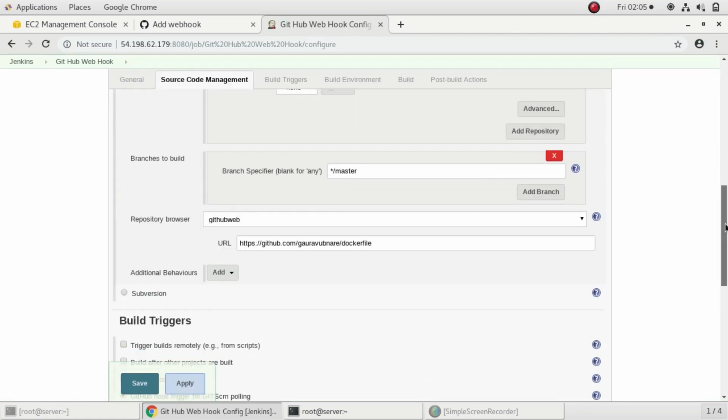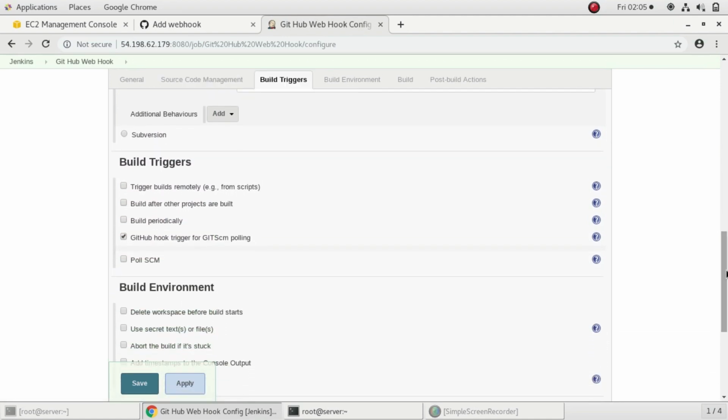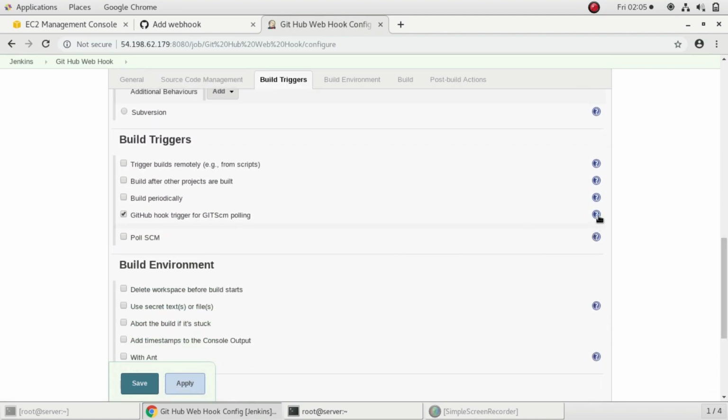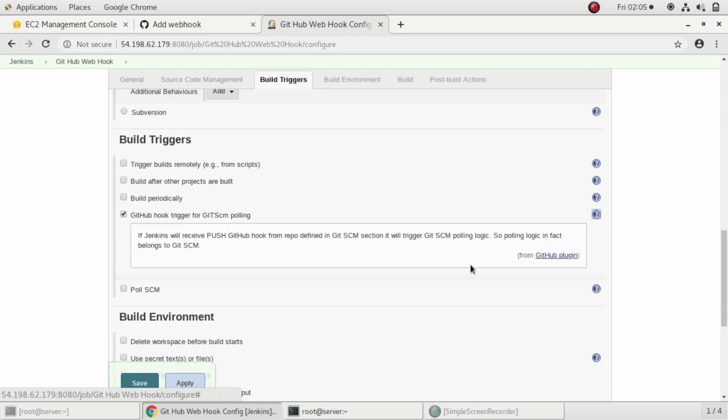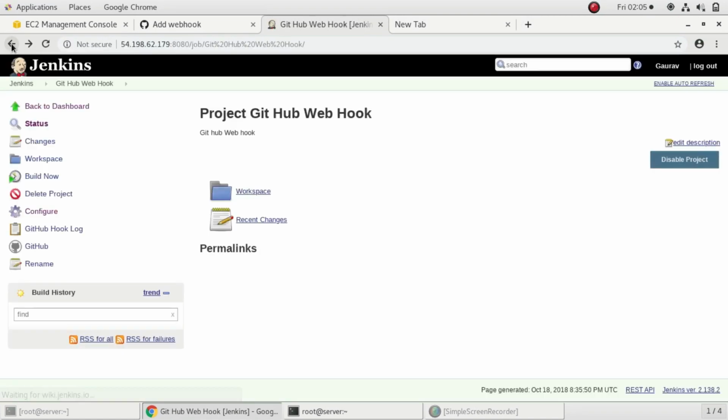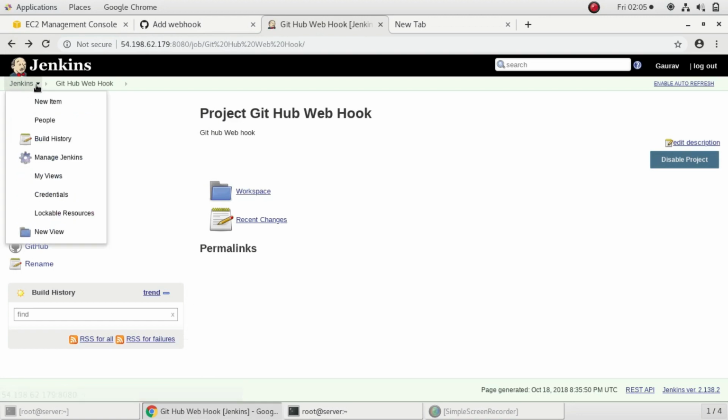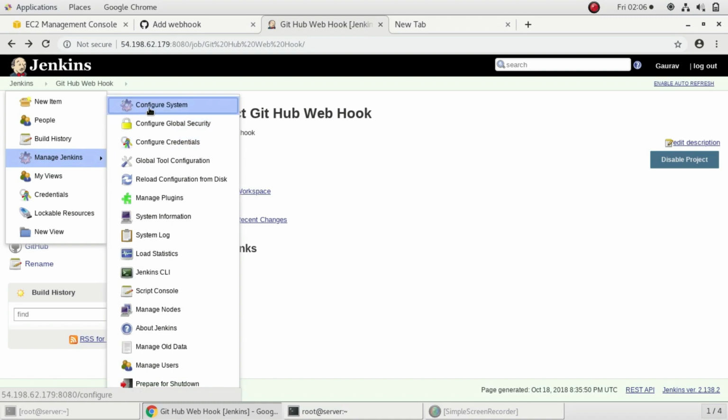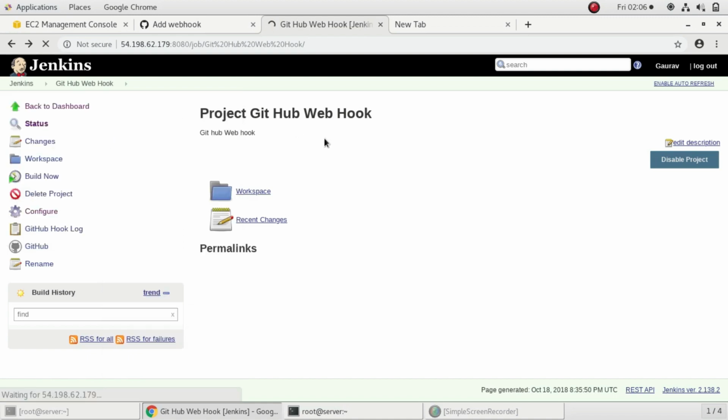Here, if I click on this icon, or you can go to manage Jenkins and go to configure system. Basically in there you will find a GitHub webhook URL that you have to give over here.